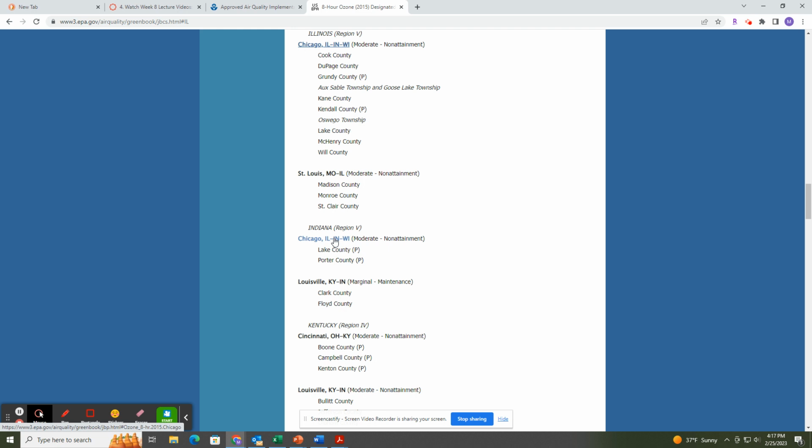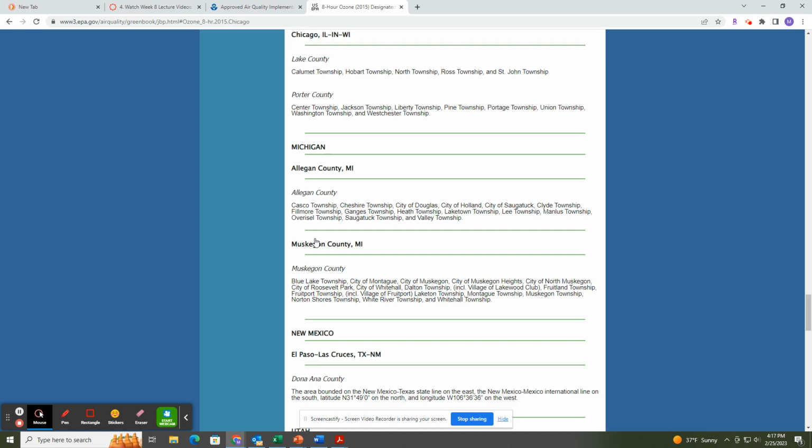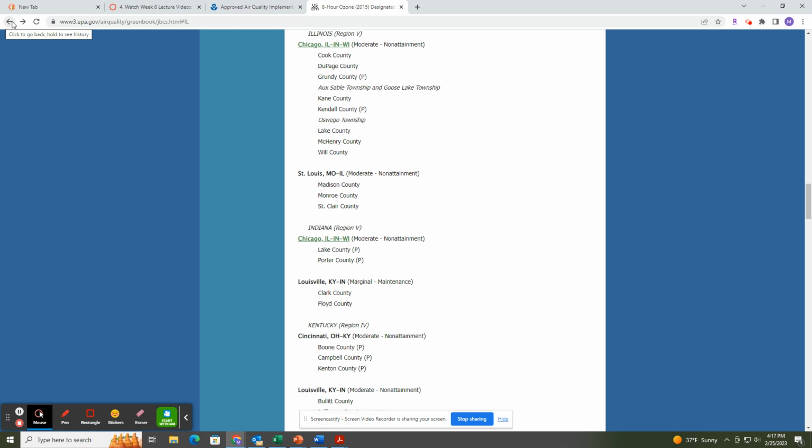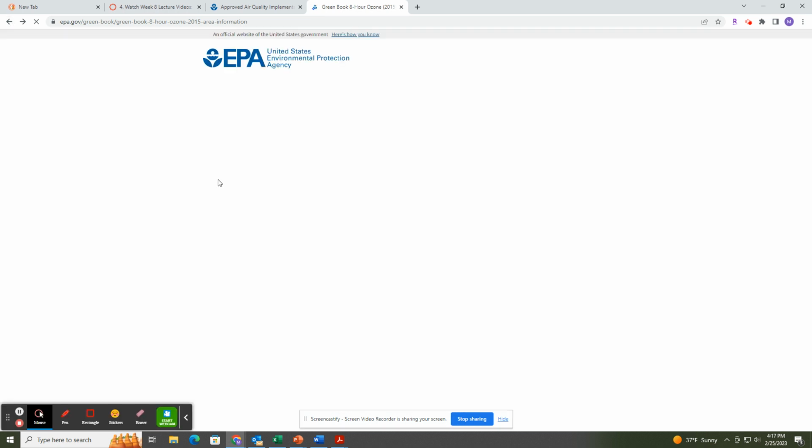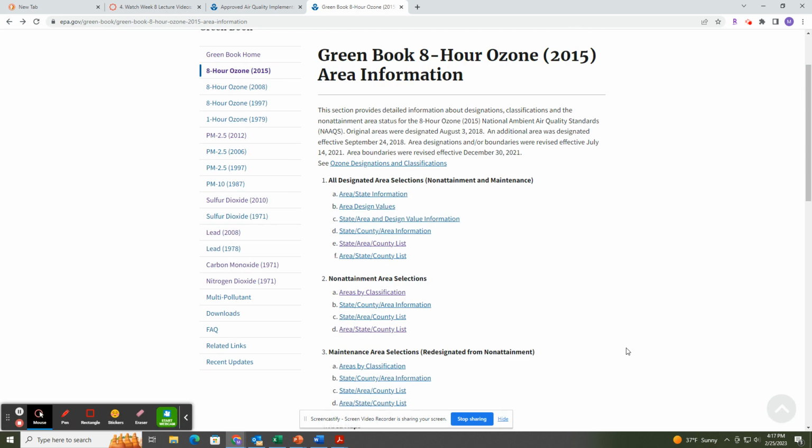We have an issue with ozone, moderate non-attainment. I think this is the map here. No, it's not the map. All right, let me get to the map part because that's kind of helpful just to illustrate. But from when I was looking at this earlier, that's the only thing that we have, and it's kind of that northern corridor of Illinois.